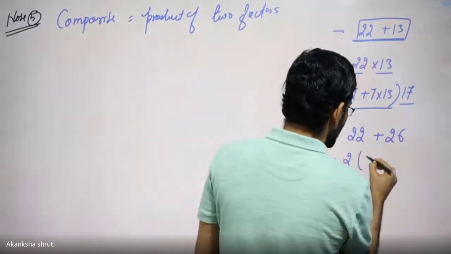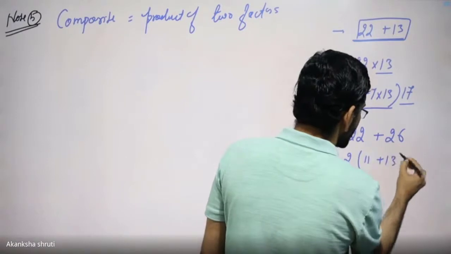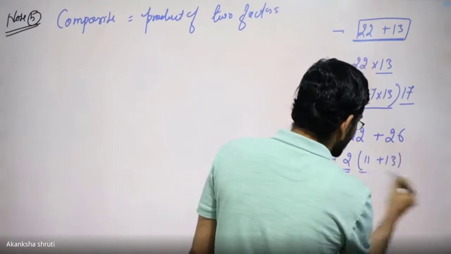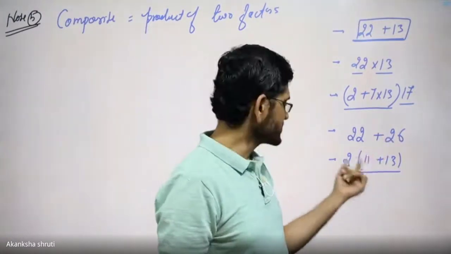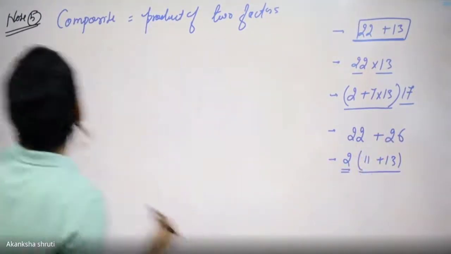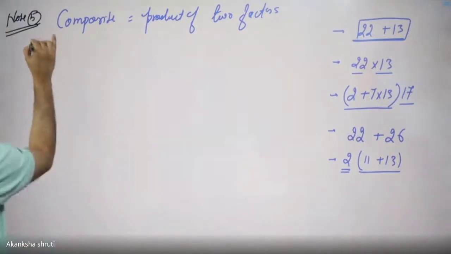Though it appears easier, on the other hand, if there is anything which can be taken common, just write it 11 plus 13, times 2. So here 2 is one factor and the other factor is this. No need to simplify or add like this. Just take one factor. Students, based on this, let us understand one question.